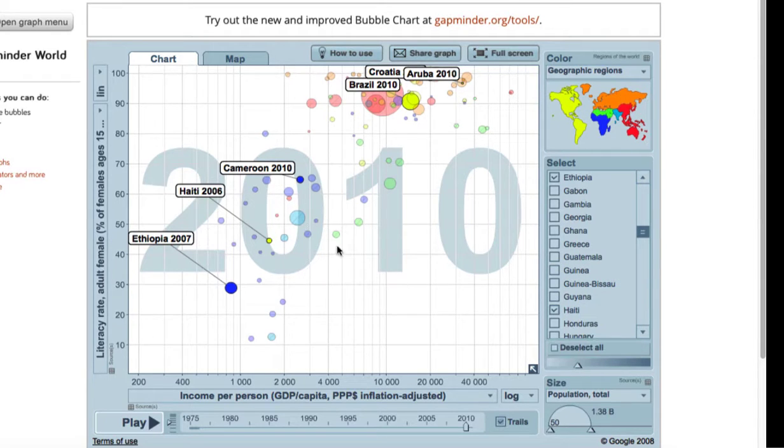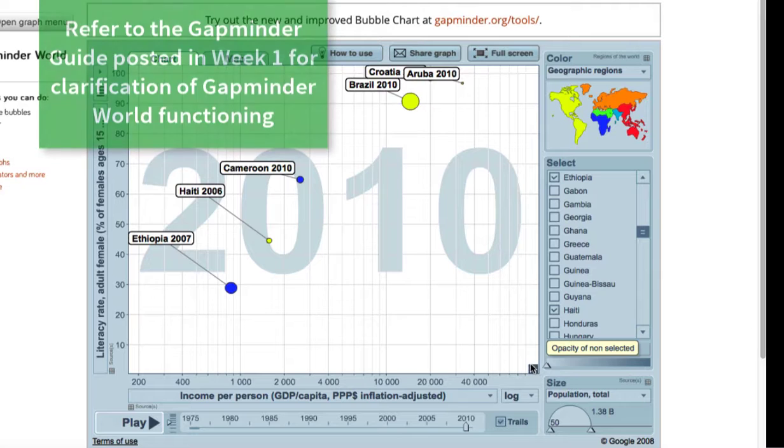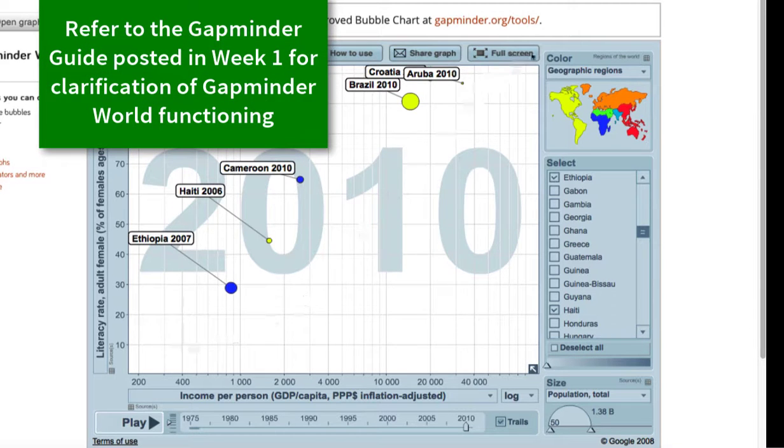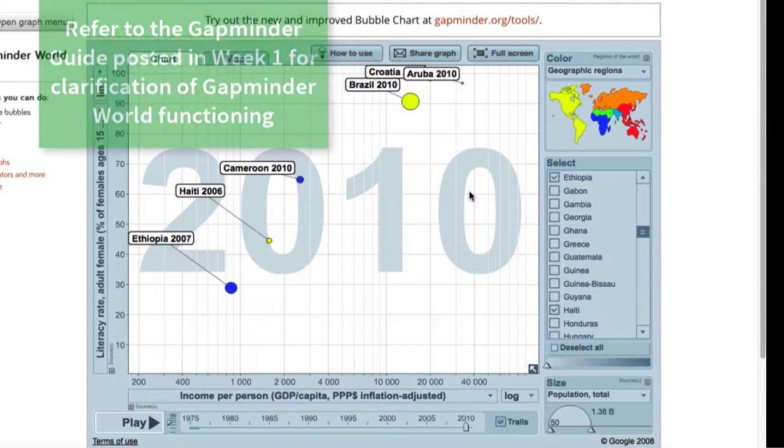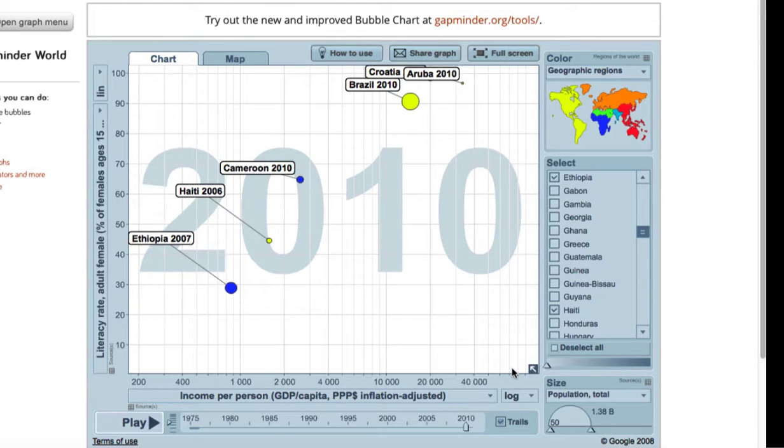All right, there's the countries that say are the ones that I'm choosing. Now right over here is called your opacity for non-selected. Turn it right down. So all that I'm going to see will be the countries that you've chosen. All right. Now, what we can do, I'm going to see if we have enough data here.